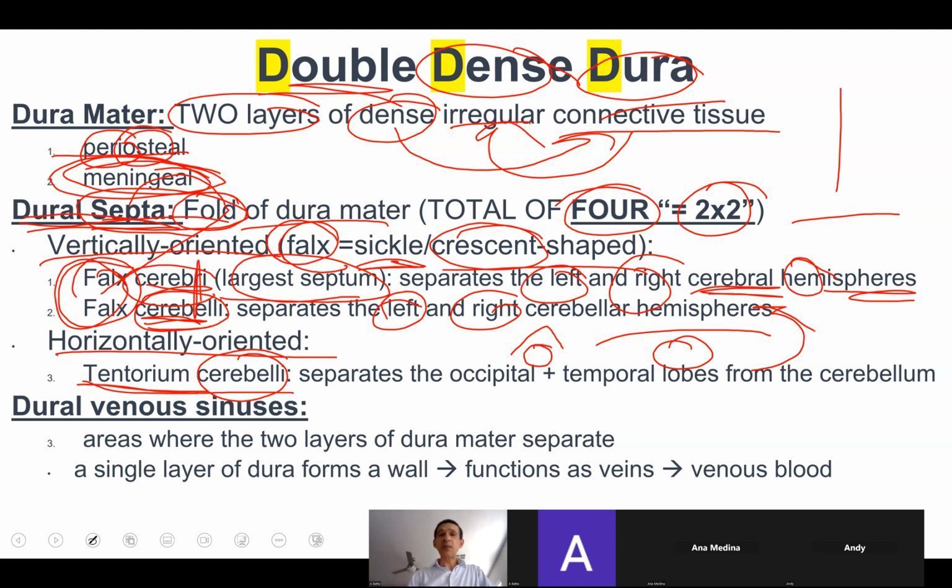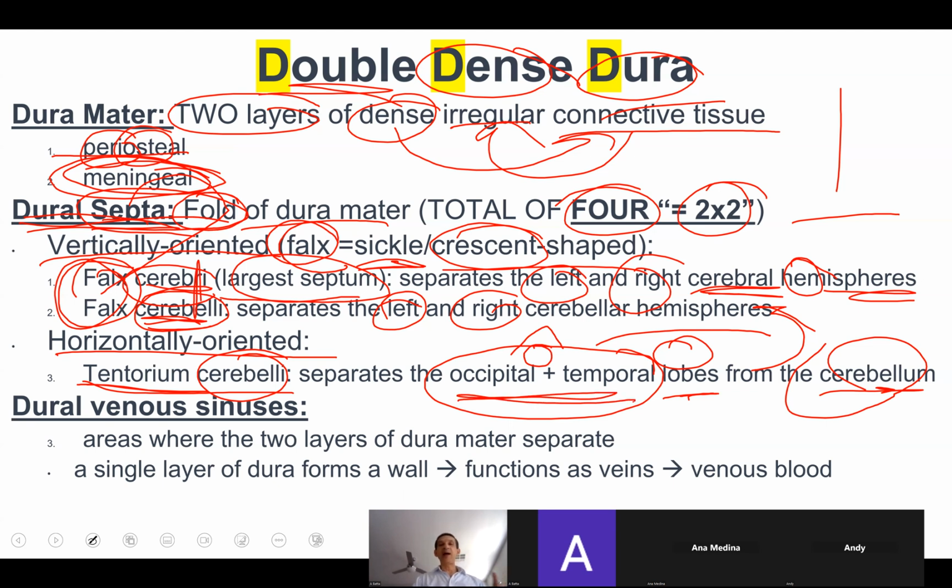So tentorium cerebelli separates the cerebellum from the cerebrum, and the two lobes that it separates the cerebellum from would be the occipital lobe, responsible for vision, we'll get there, and temporal lobe, responsible for hearing and memory, we'll get there as well. So once again, cerebellum is separated from the cerebrum by tentorium cerebelli, which is a horizontally oriented dural septum,